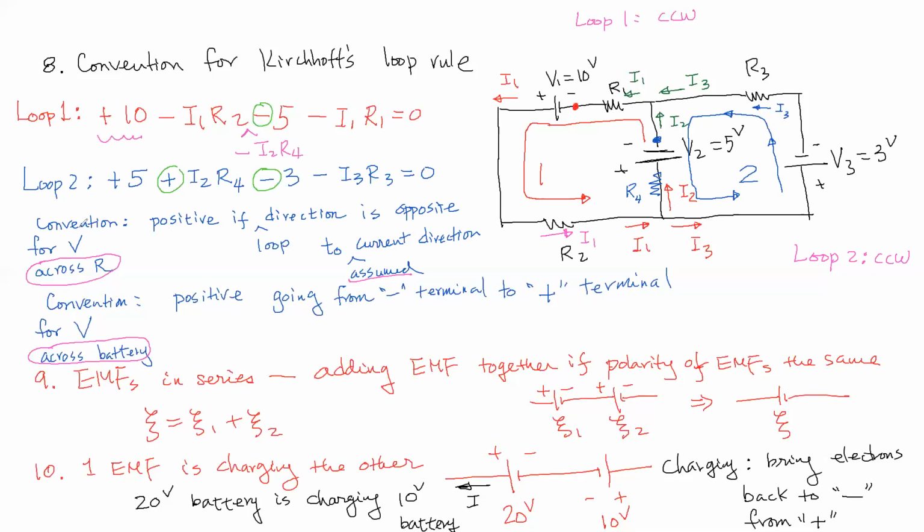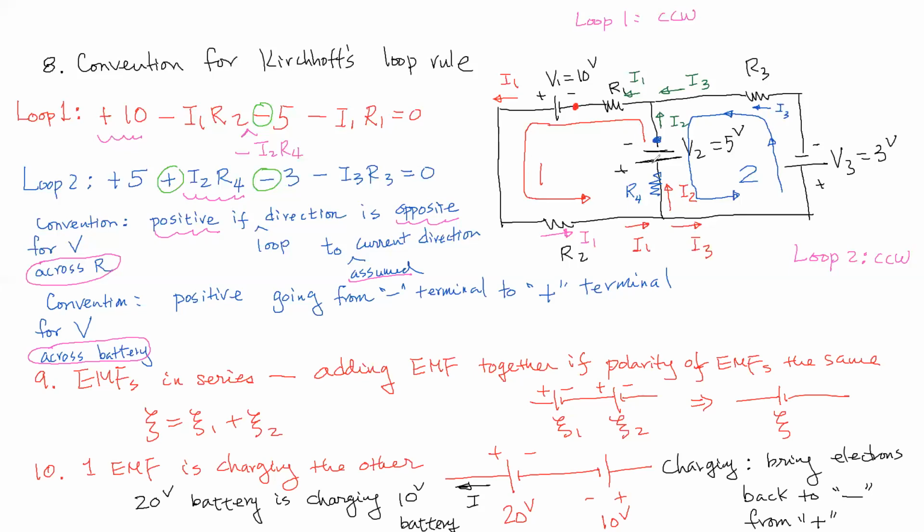But in any case, for the convention, when I use, for example, I2 R4, because I2 is going up and the loop is going down, they are opposite, so then I need to use positive. So that's why I have a positive there, but for the other R, I have minus, minus, minus. And across the battery, I will use positive when it's going from negative to positive, right? So for example, the 10 is a positive, and